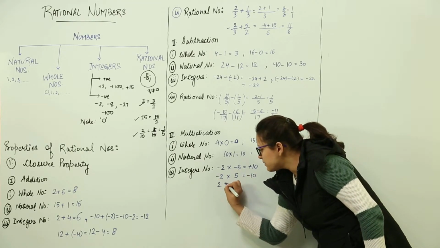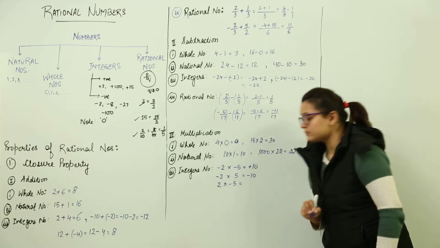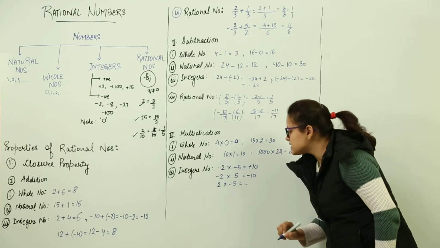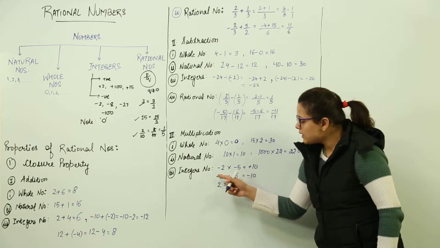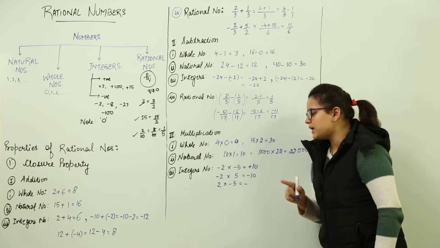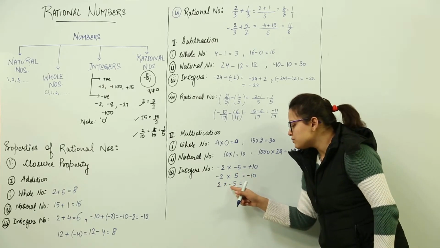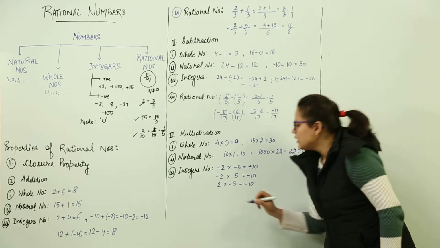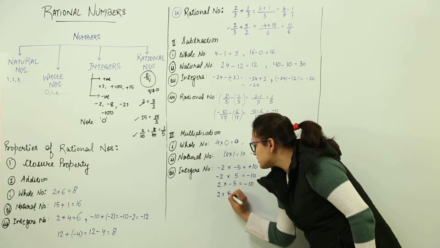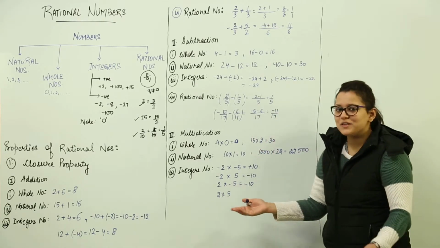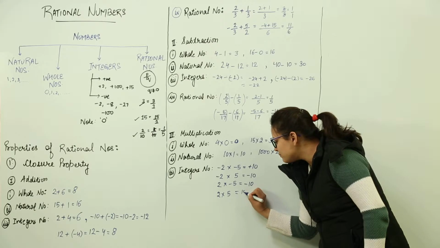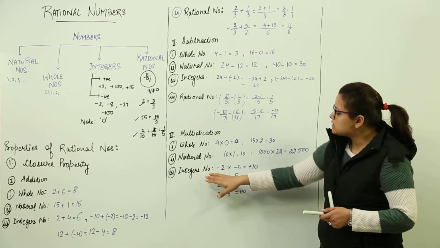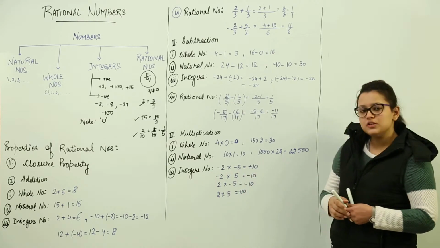Now let us make this plus and this minus. Can you tell me what will be the case? Yes, it would get a minus sign, because I told you in the previous step, minus into plus becomes minus. So here plus into minus will become minus only. We get another minus 10. Now what would happen if this is the case? We have been doing that. It will give us a plus 10. Plus into plus is only plus. So integers multiplication gives us another integer.